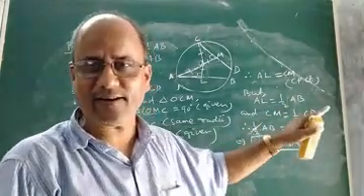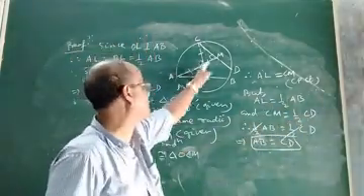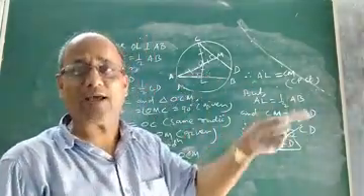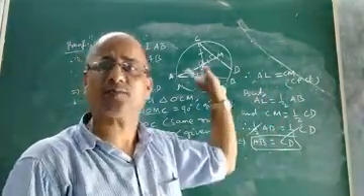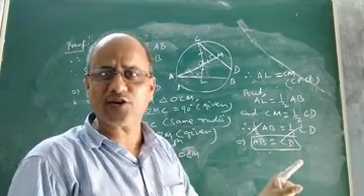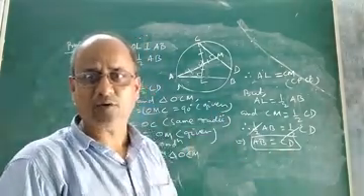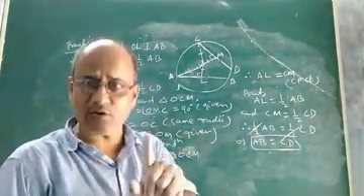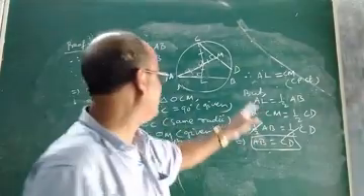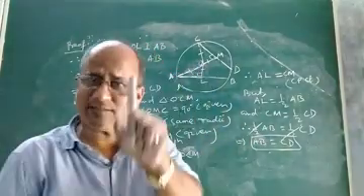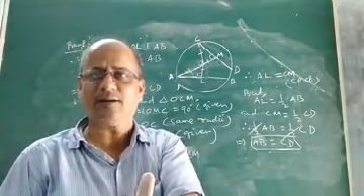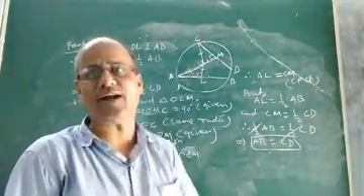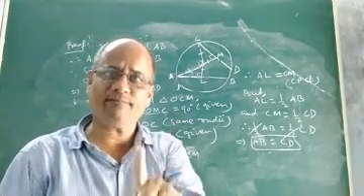And what were we given? We were given that OL equal to OM. And what were OL and OM? OL and OM were the distances of the two chords from the center. So what is the conclusion? What conclusion can we make now? We can conclude that if any two chords of a circle are equidistant from the center, then the two chords will be definitely equal, or the two chords will be of the same length.